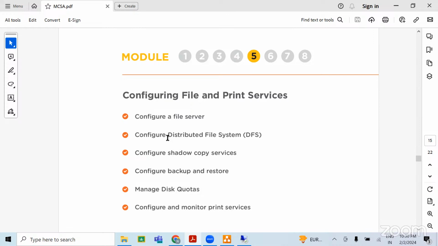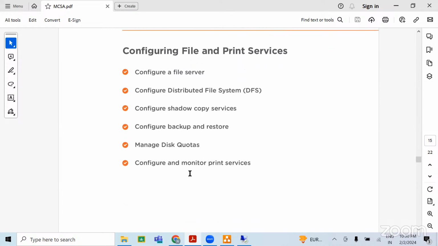right? We will make a distributed file server, DFS, and then we'll define the quota. Quota, basically, I have a file server, right? In that file server, I have free space of around 10 TB, but I don't want users to be able to use that whole space. So I can restrict the users and define a quota that users will only be able to use 10 GB from that 10 TB space. Okay, so for that we have to create the quota, right? Disk quota, basically.